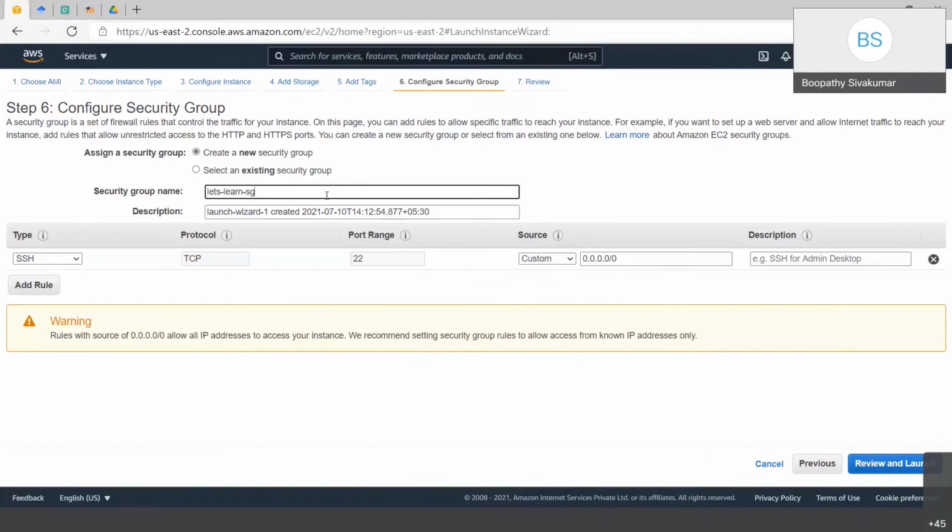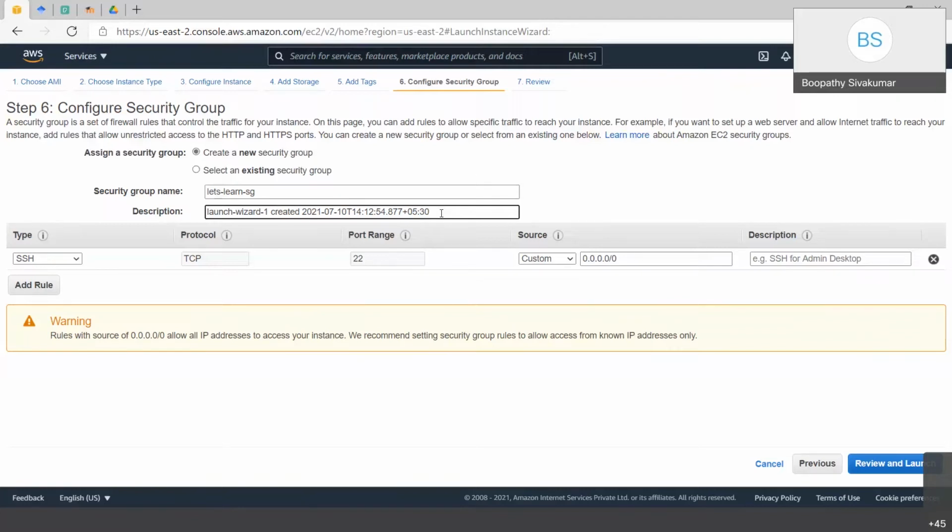While we are creating the security group, the first thing we need to identify is adding the rules to it. For a Linux based instance, SSH is the only way that we can connect to that particular instance.